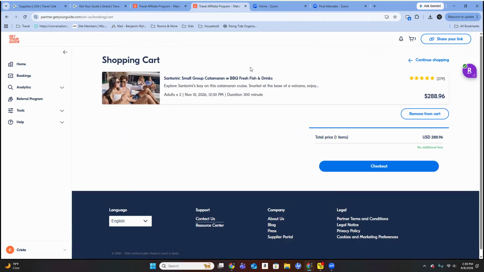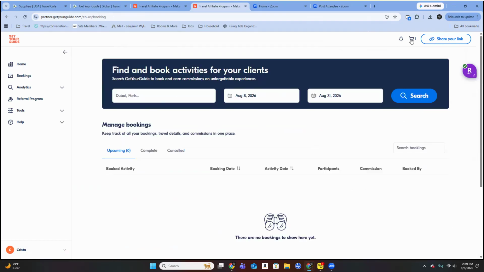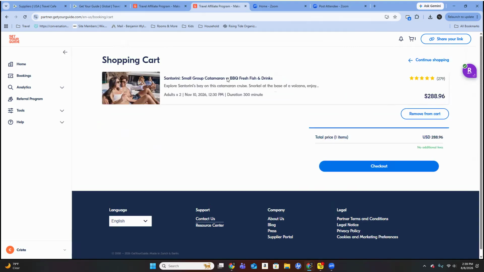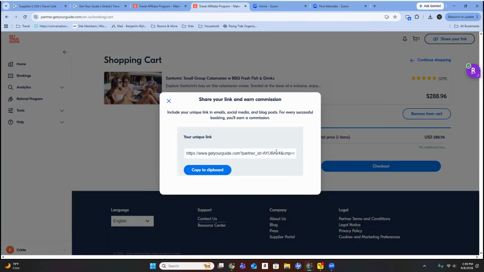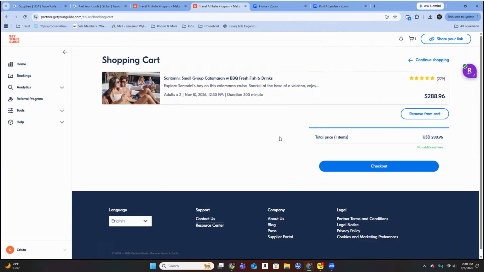Now, also, if you were interested in it, you guys can also share the link with your client. So if you look here, this is going to actually be your partner code. So this is something that you could share anywhere you are interested in sharing this, whether you're using social media, Reels, if you know somebody who's going somewhere and you want to share your link for this. You guys might also hear us talking about affiliate links, and this is another affiliate link. But you can also send